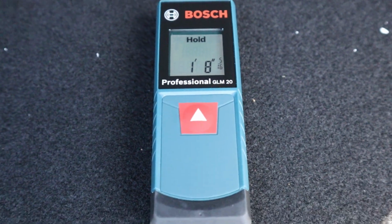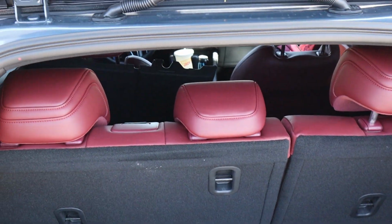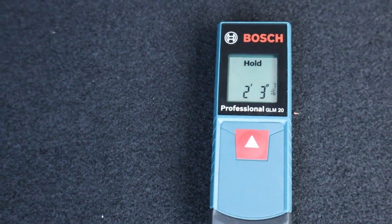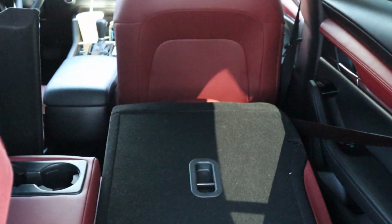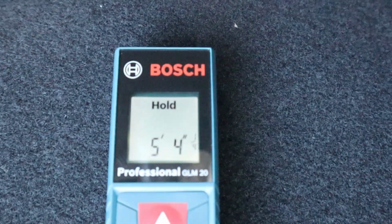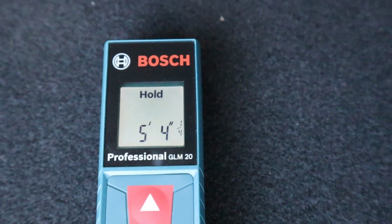The height of the cargo area with the cargo cover in place, 1 foot 8 inches. The height of the cargo area with the cargo cover removed, 2 feet and 3 inches. The length of the cargo area with the second row seat folded down, 5 feet 4 inches. Of course, that can vary a little bit depending on where you have that first row